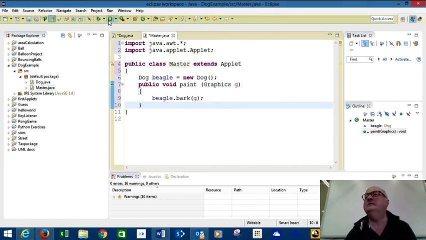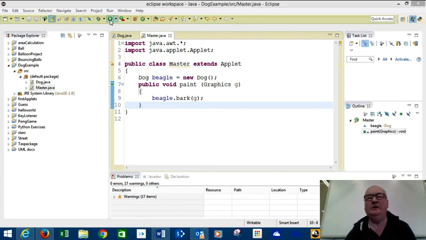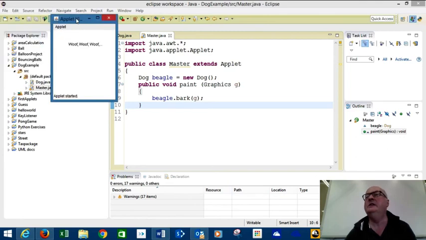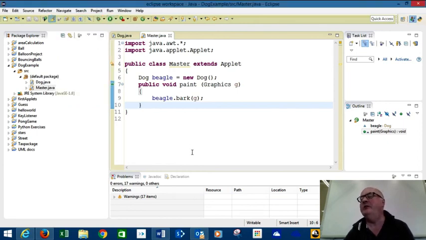Let's run that. We'll use the run icon, and it runs the program, and it throws up a little window which has appeared on my other screen. So I'll move it across here for you, and it says woof, woof, woof. So our beagle is now barking. Now the good thing is that using this type of program we can actually make changes to our class definition for the dog, and that will flow through to all the places where that dog is used without mucking up